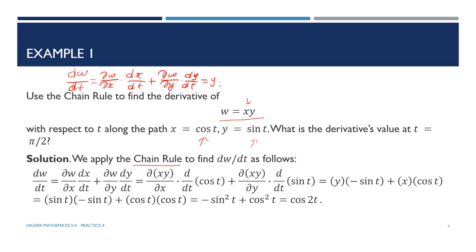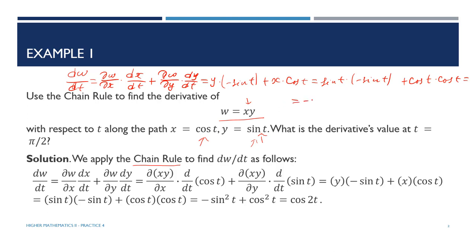The derivative of x with respect to t gives me negative sine of t, plus the derivative of w with respect to y gives me x. The derivative of sine with respect to t gives me cosine t. Since y is sine t, I write sine t here again, times negative sine t, plus x is cosine t times cosine of t, equals